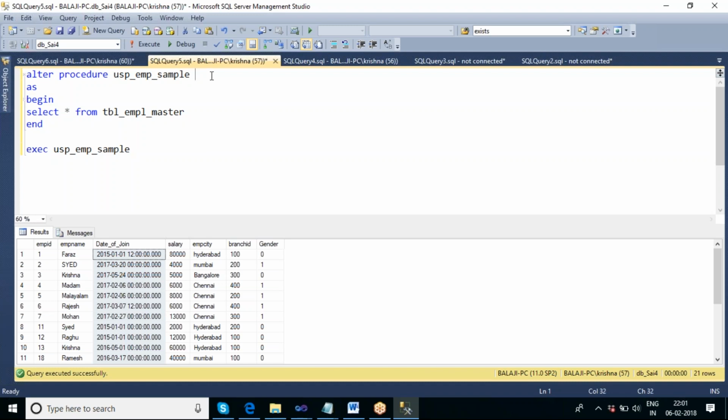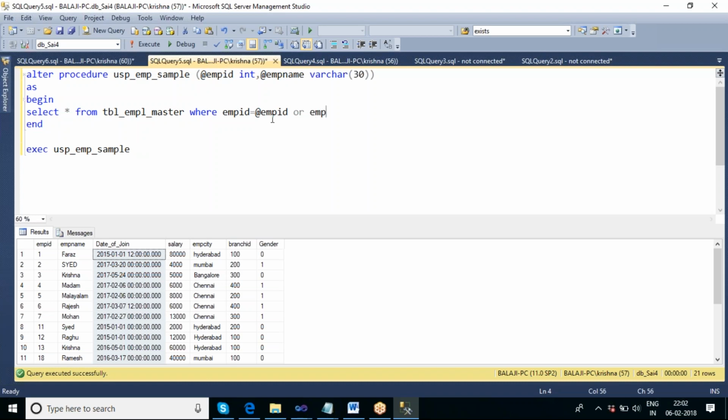Now let us say how we can provide the parameters is we can go and specify @empid integer or @empname varchar, let us say something like 30. Now let us go and see the where. So here also I'm going to change the query. So where emp id equal to @empid, whatever the value I'm passing as parameter, it has to take this,